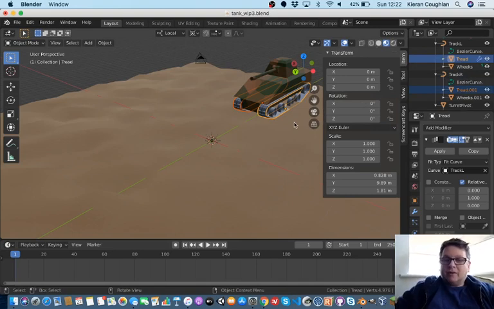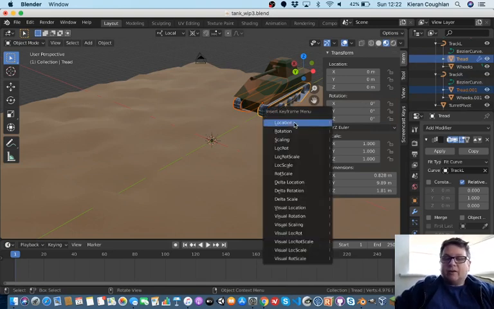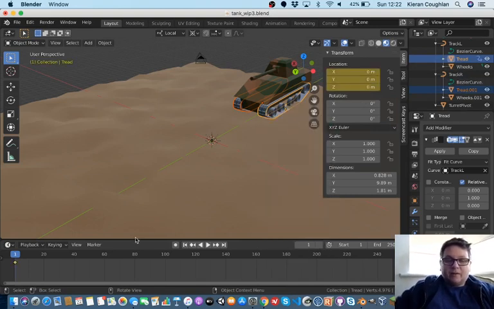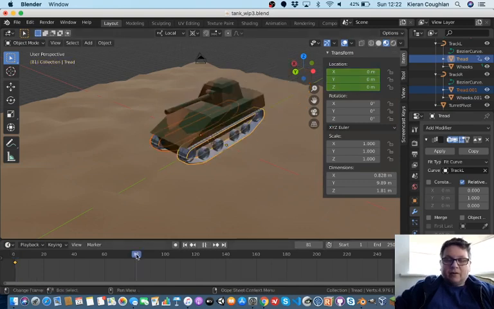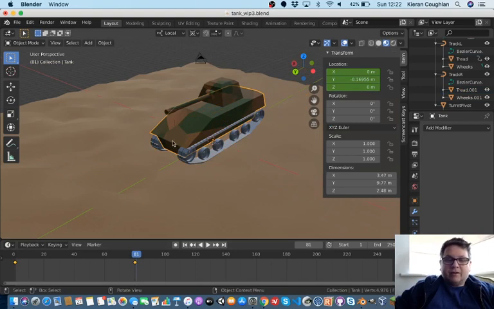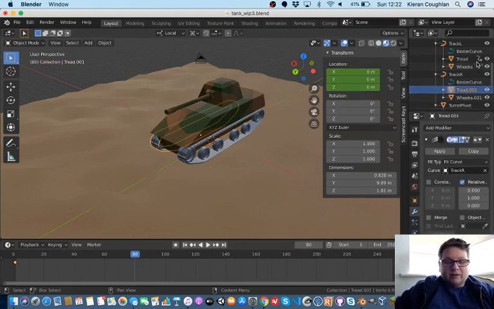And again, we're going to hit I there to give us a location keyframe. And then we're going to move out to, how far was it for the, sorry, for the tank, how far was 80 as well, wasn't it? Just the same point, 80. And let's select those two again and control click,